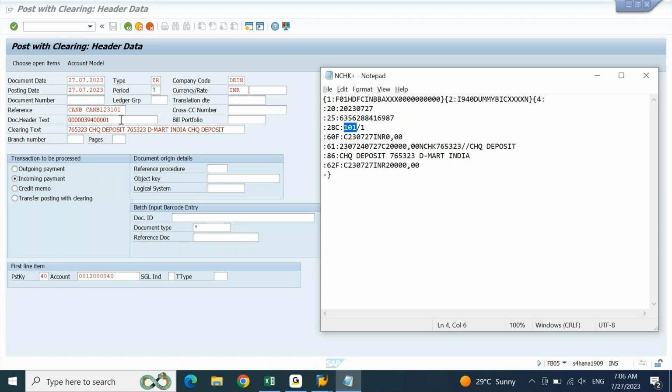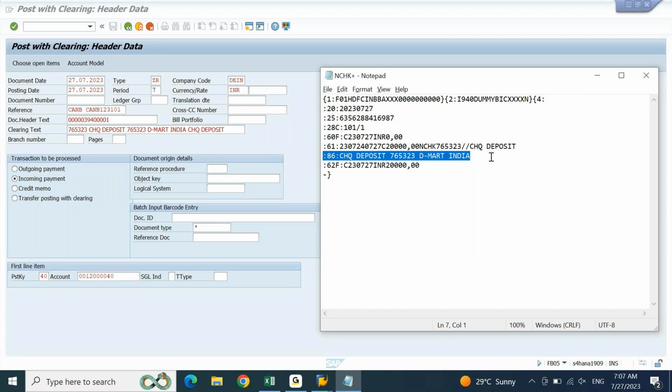This is not any document number. This is automatically updated with the next available number for each BRS statement that you are processing in EBRS. And in the clearing text, you are able to see check deposit, DMAT, and so on. This is clear information about your tag 86. Whatever information you see on the tag 86, it is coming here, plus